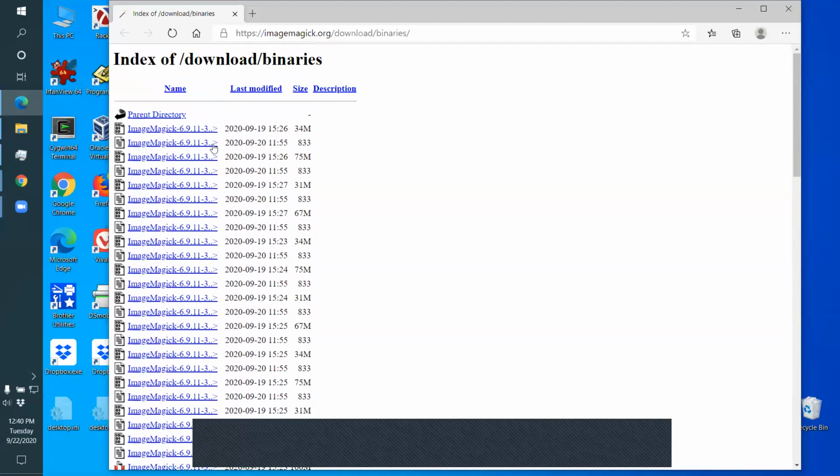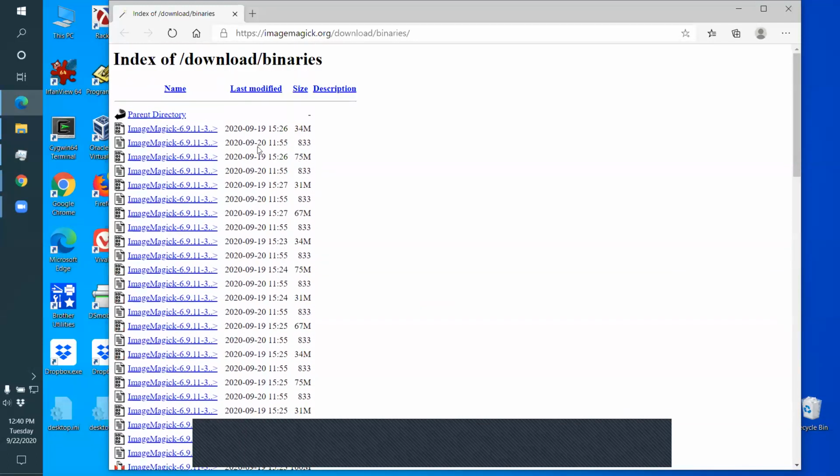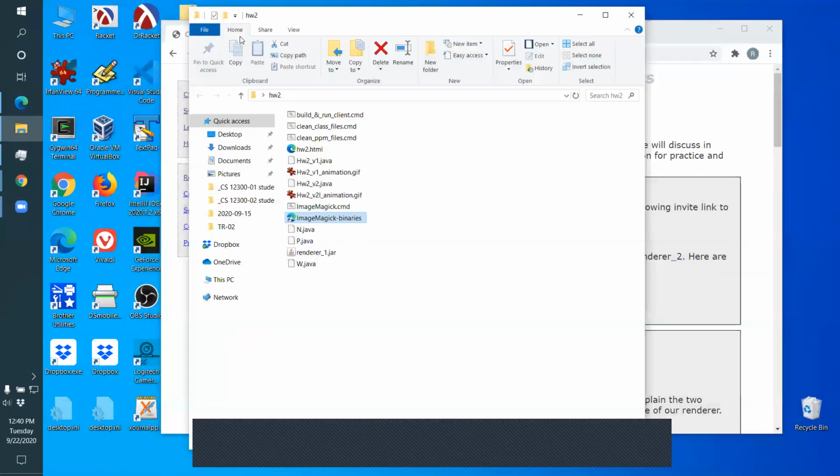And it's a little bit hard to read this because they're chopping off the names of the files. If you want to really know what file that is, you have to hover your mouse over there and look down at the bottom of the page to see what the URL is. It's kind of typical open source stuff. Some open source projects are run a little bit better than others, but ImageMagick is definitely a really famous piece of software. It's a very often used, common piece of software. Just got some quirks in the way they distribute it. Okay,